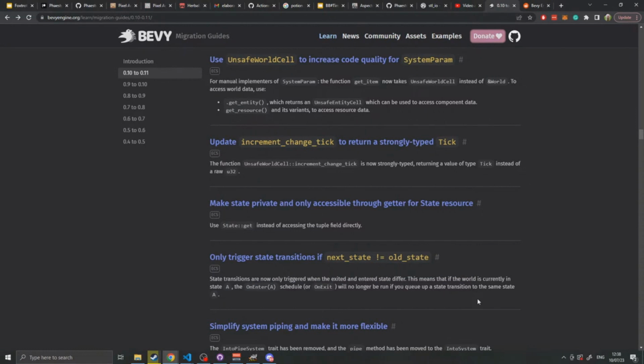They're no longer queued up and run if the state changes from itself to itself. This I disagree with. Sure, some new people may end up with all this code running because they keep transitioning from the same state to the same state. But to me, there are situations where you would want to transition from one state into itself and run a